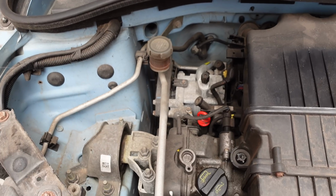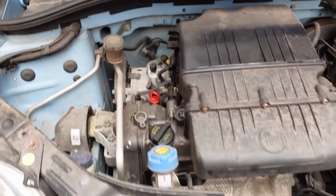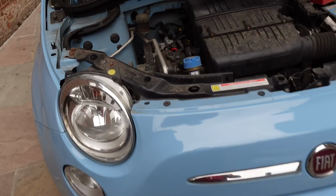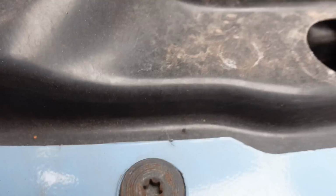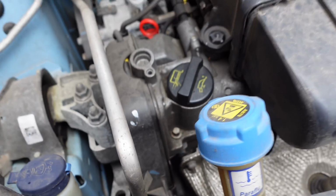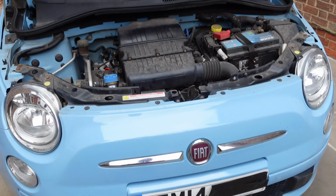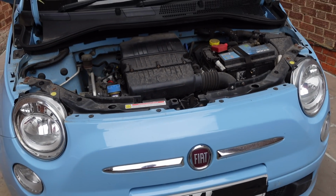I don't know if it needs a service. I haven't checked the oil yet. We'll check that in a minute, actually. And we'll check the coolant as well. We can see the oil filter. It doesn't look very old, but we'll probably give it a service anyway. But if we can track down the service history,